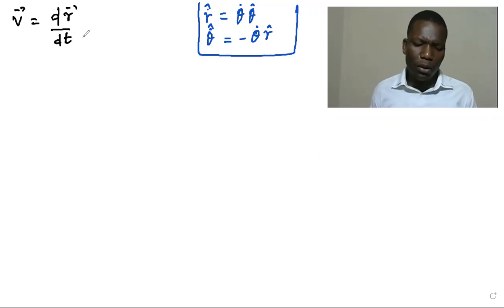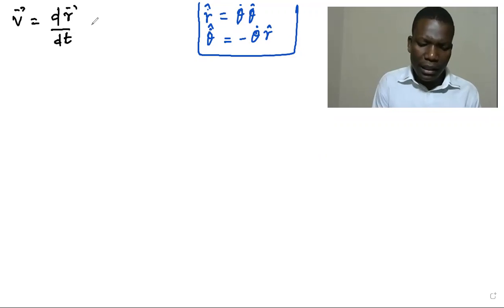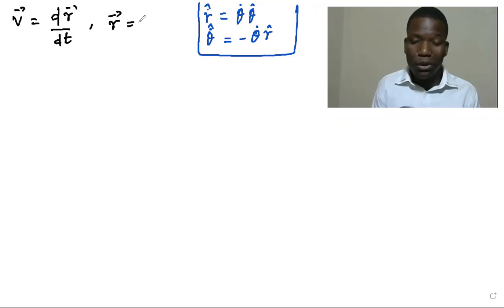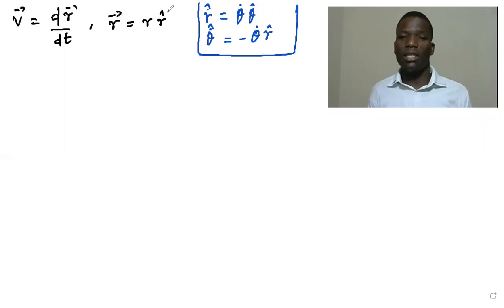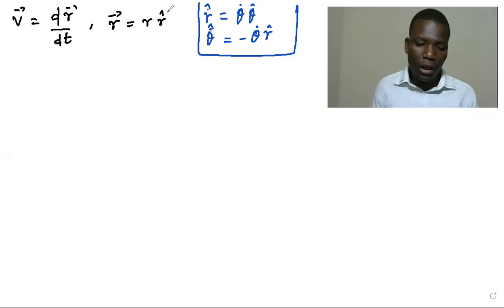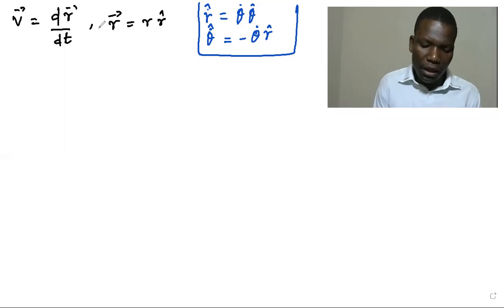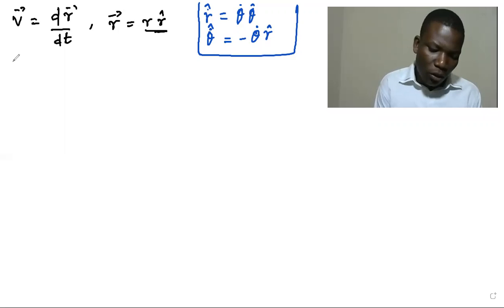Now, from the first video, we found that the position vector of a particle is given by the magnitude of the position multiplying by its unit direction or unit vector. So we substitute in this derivative the magnitude and unit vector. So we are going to have velocity being equal to